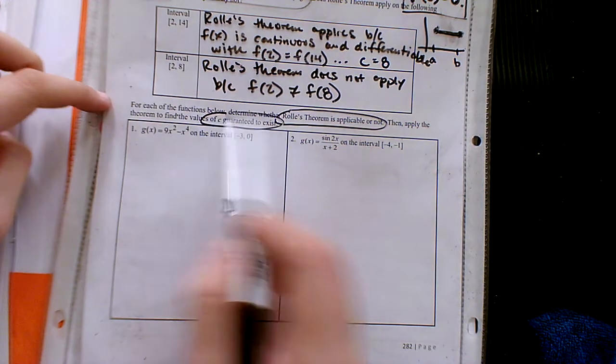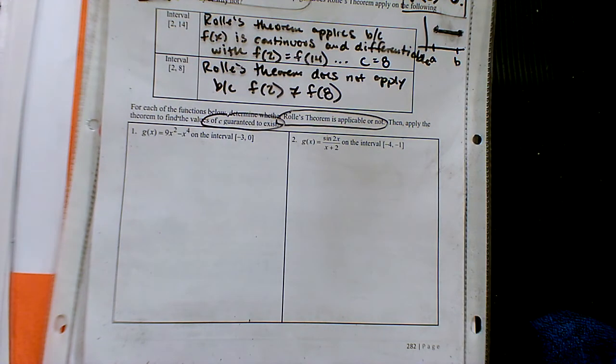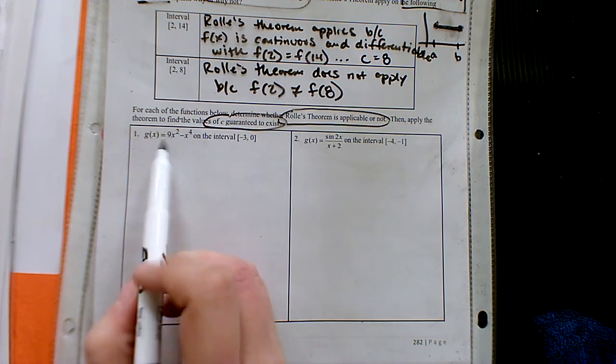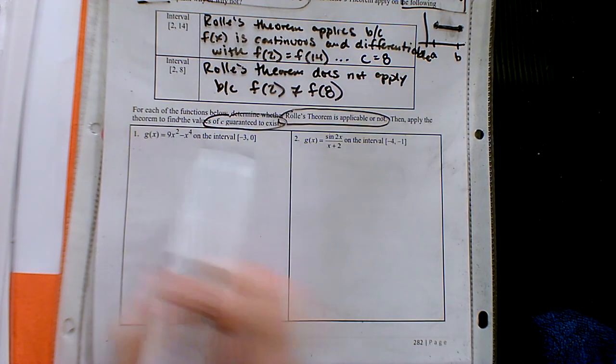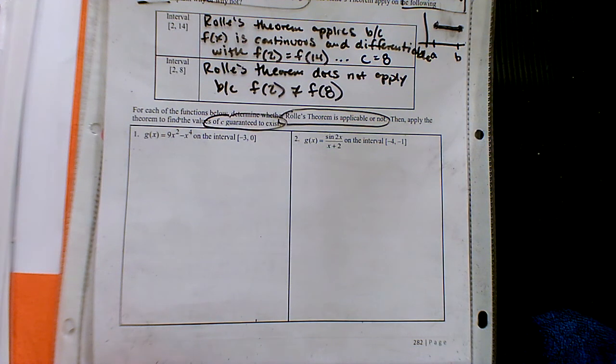If it does, then we're going to try to find that special spot where the maximum, minimum, or level spot is happening. Basically, we're trying to test to see if a critical point is located within that interval. If a derivative is 0, that's one of our criteria for a critical point. So, based off of this x to the 4th function that we have here, we're not going to use our